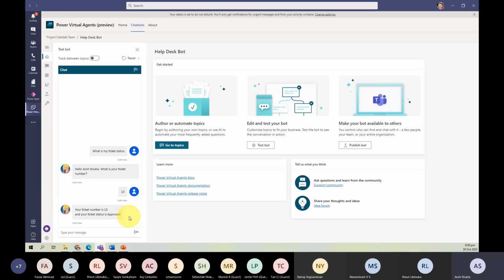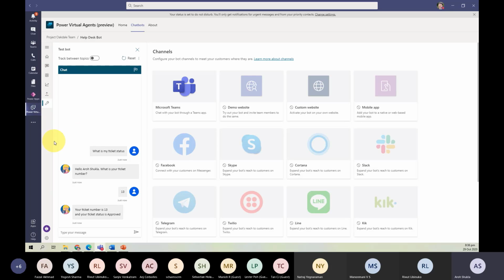Now, what I want to show you is how easily I can publish my bot, as well as create a workflow within the context of Microsoft Teams. There are a lot of things I can do in terms of managing my channels, and again, as I explained to you in the slide deck, when you want to deploy a chatbot outside, you can't. I'll show you what I mean here.